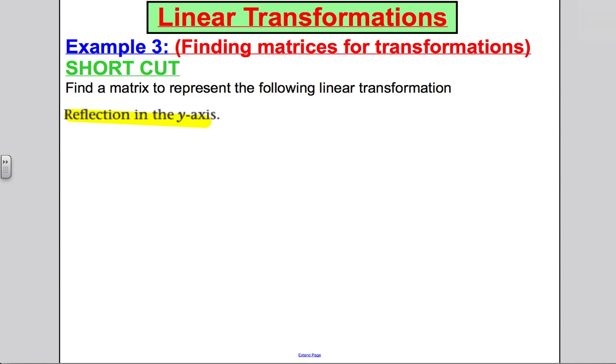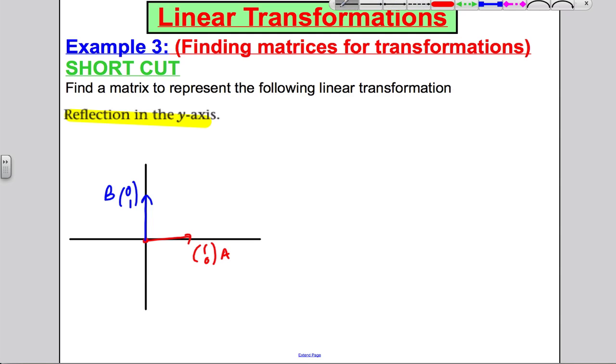Okay, so a reflection in the y-axis. What I'm going to do is draw a picture. So, draw yourself a picture. Draw out your i and your j. Draw out (1, 0). I'm going to call that point A. I'm going to draw out (0, 1). I'm going to call that B. And I'm going to reflect it in the y-axis. So reflection in the y-axis, let's draw the y-axis out. The y-axis is clearly this one here. So I'm going to reflect